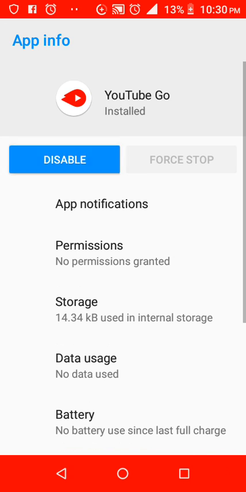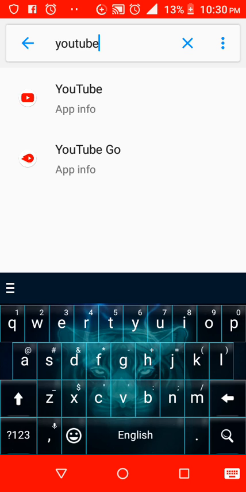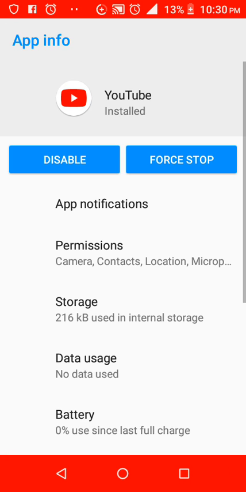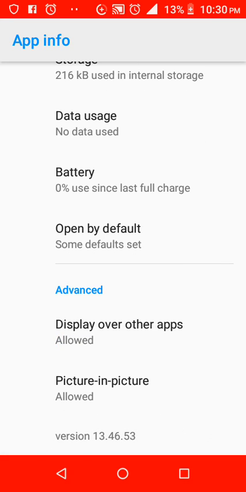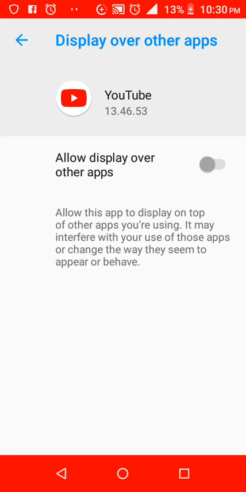But here I have disabled. Now I have disabled this app. Disable and return back to YouTube. You get a clear display of other apps. Then in your phone you see it was not displayed but enabled. After that,